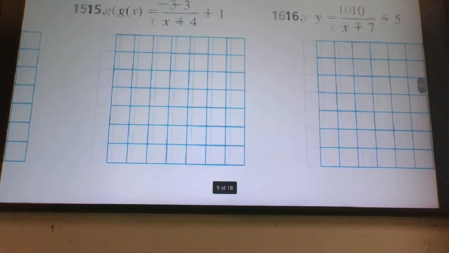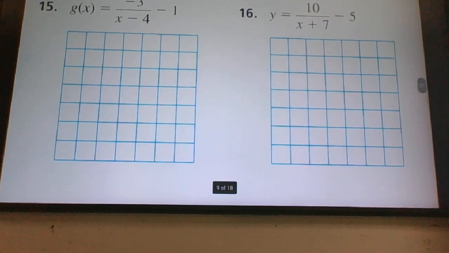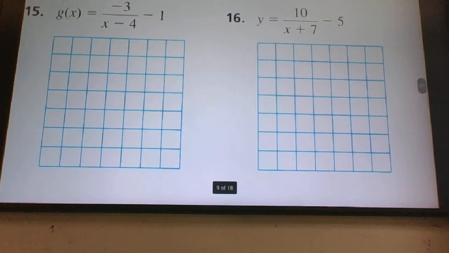Okay, so number 16 is going to be tricky on that little tiny square. It kind of freaks me out trying to fit that on there. So if you have a pen and paper, go ahead, or if you want to just do it on your notebook paper, whatever. Alright, so the first thing I